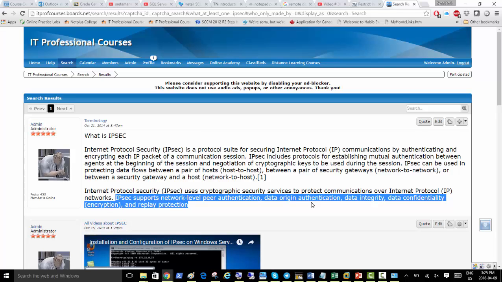Then what is data origin authentication? Where is the data originating from? Is that the device it was supposed to originate from or not? So what are the mechanisms for that? There is the public key, private key. There are symmetric and asymmetric keys. We can say that both sides have the keys that they can check,